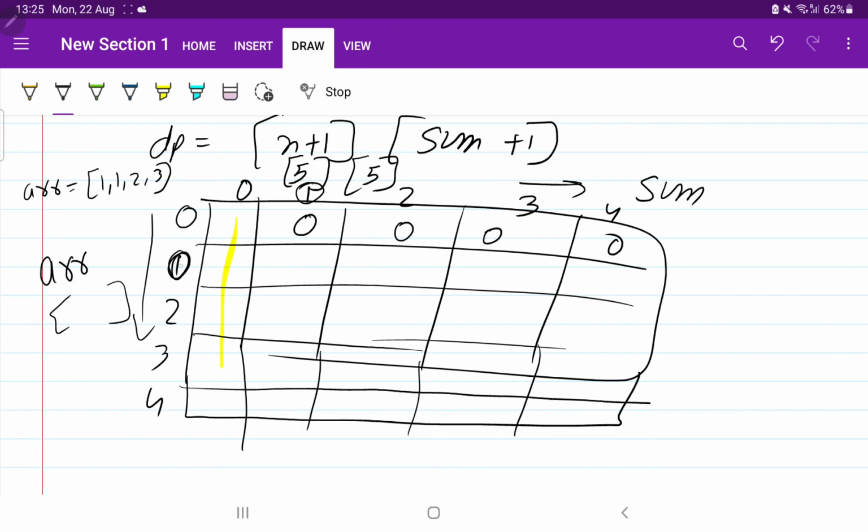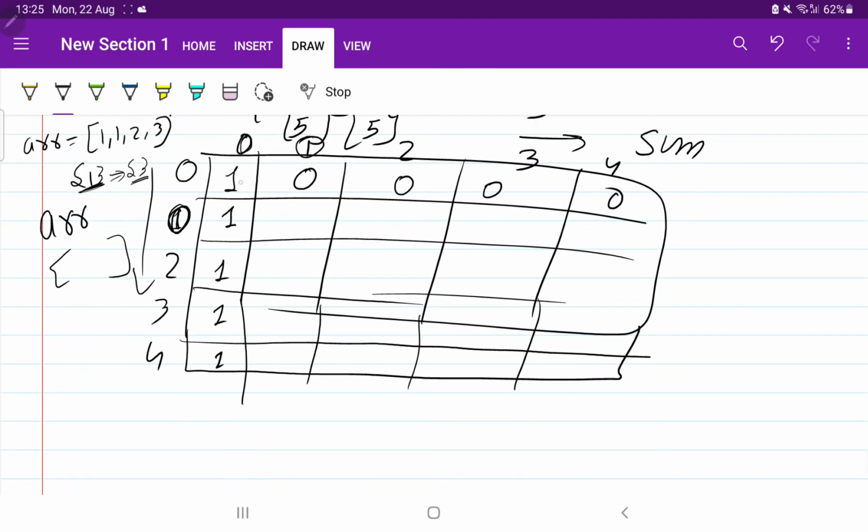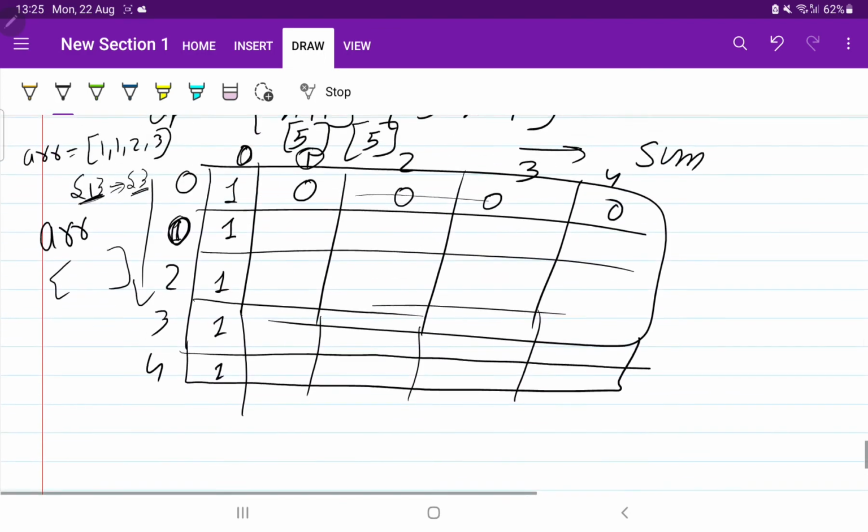What this says is that you have one element in the array, that is 1, the first element. Can you get sum as 0? Yes, we can get sum as 0 if we choose the null subset. If we choose the null subset, we get sum as 0. It means it is possible, so here 1 will come. Similarly, we need to fill this. So you have to use a for loop to fill this row and this column.